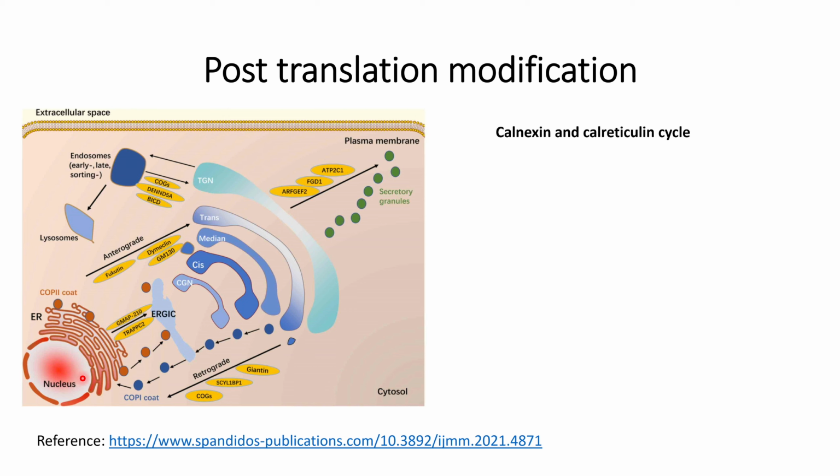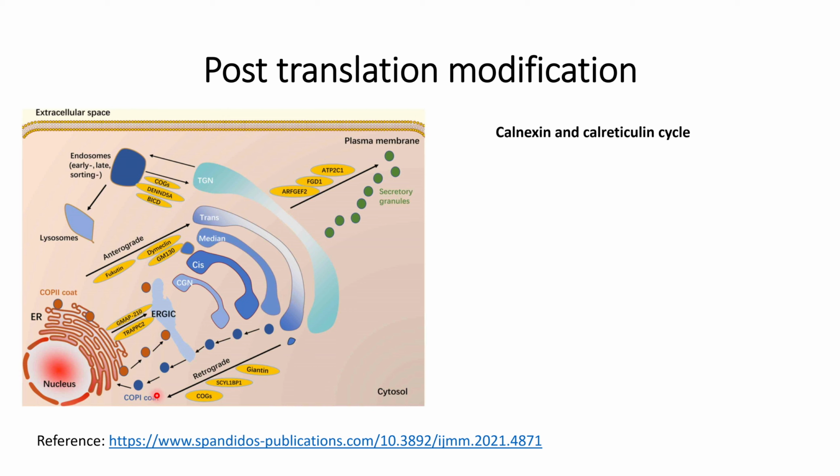So let us understand where the N-glycosylation begins first. The N-glycosylation begins in the endoplasmic reticulum, then it moves towards the ERGIC and then goes into the Golgi apparatus and then to the final destination. And there are these integral proteins that will transfer the proteins from the endoplasmic reticulum to the ERGIC to the Golgi if the proteins have their native structure.